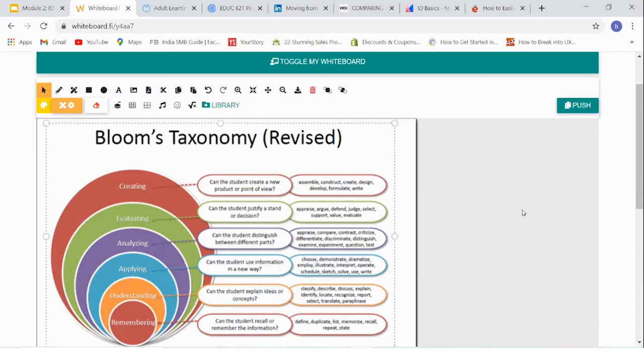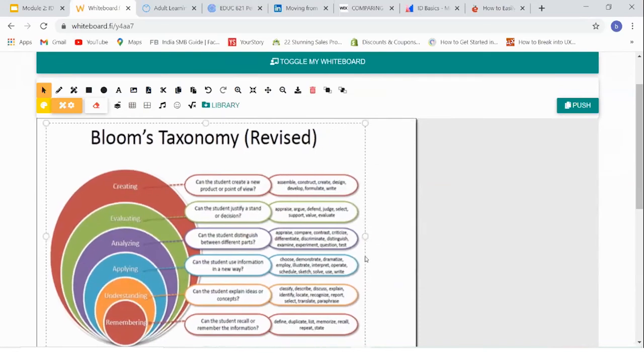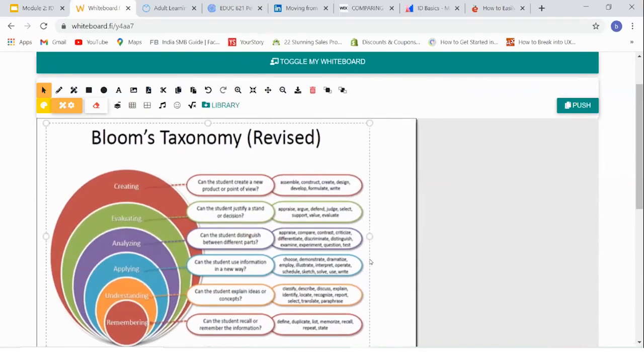ROI is where you calculate the entire investment against what returns you got for that. That is something which is very difficult, I feel, in our scenario to achieve. But in some things where there is a sales related thing or numbers related thing, where you can measure pre-training and post-training, it is quite possible.